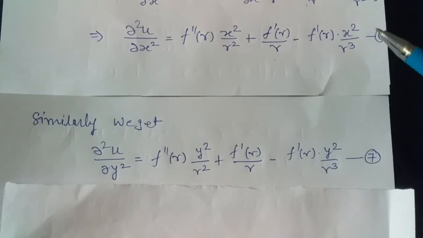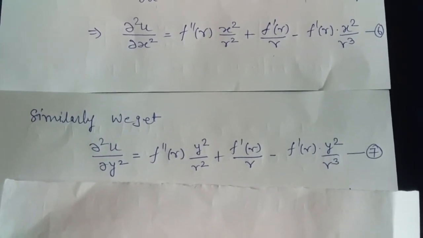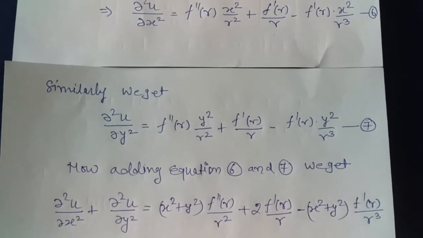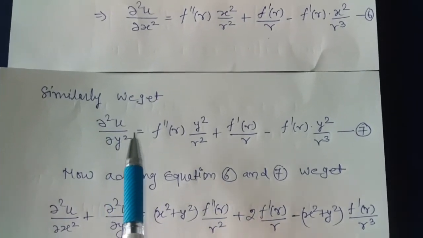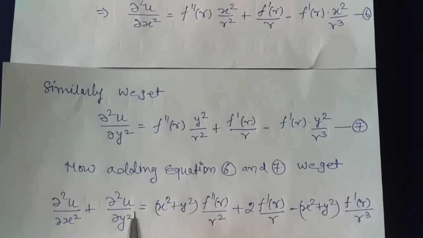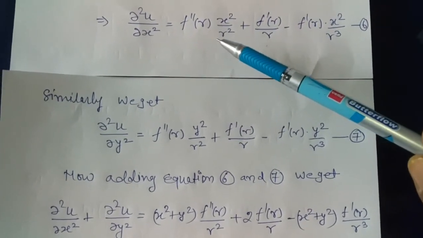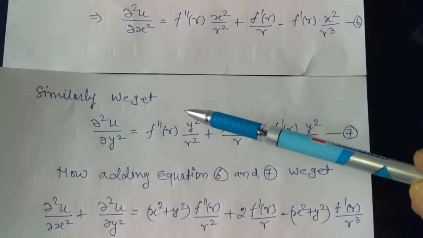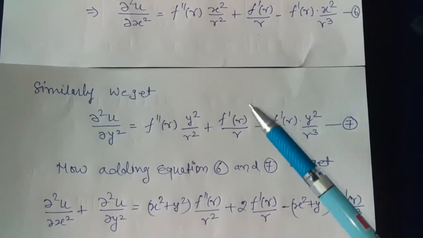Now we add equations 6 and 7, we get del 2u by del x2 plus del 2u by del y2 equal to, here f double dash r upon r square is common from these two terms, and we get x square plus y square